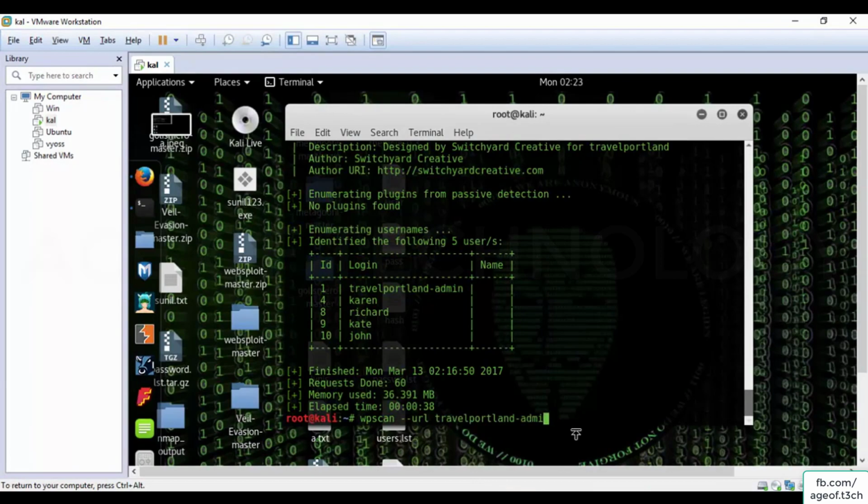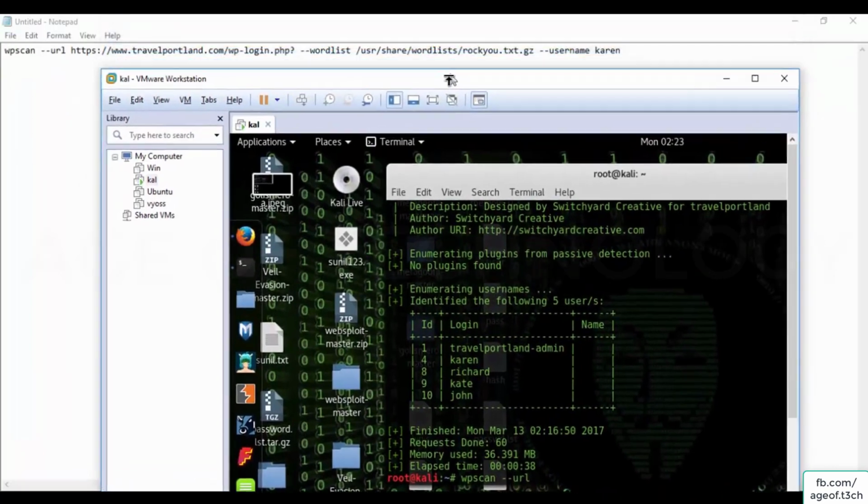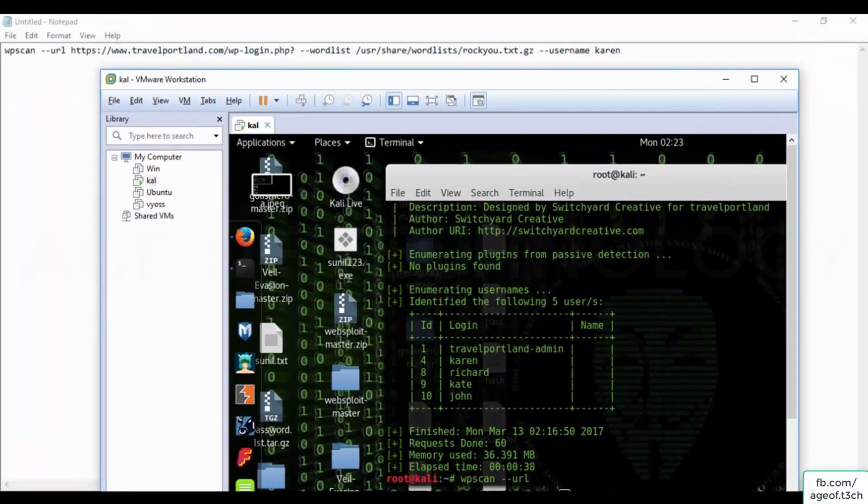Not this one. You have to put the URL of WP login, right? The full www dot, or you have to type like this one, https://www dot travelportland.com, and their WP login link, wp-login.php question mark